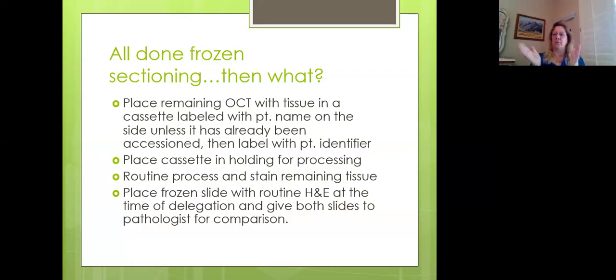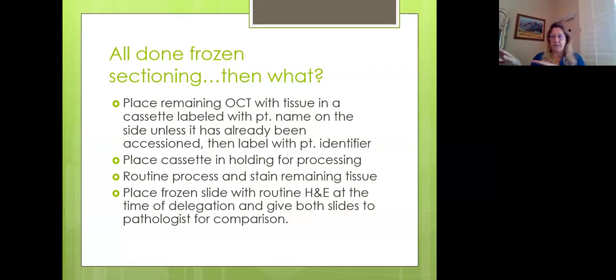that accession number, right? And then it gets grossed normally, and more cassettes are going to go through processing with that frozen section. Once you have that accession number and that case gets grossed, you're going to put the accession number on the frozen section, and it's going to go with the case on the processor. After you've fixed it, okay? Yeah, and then when it comes out the next day,